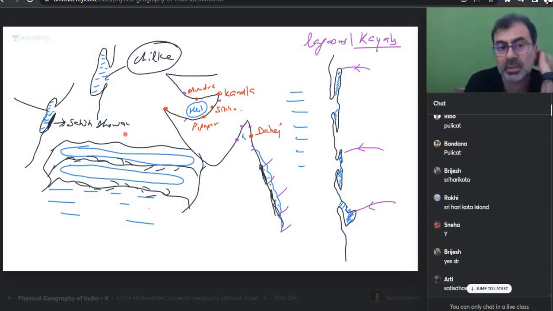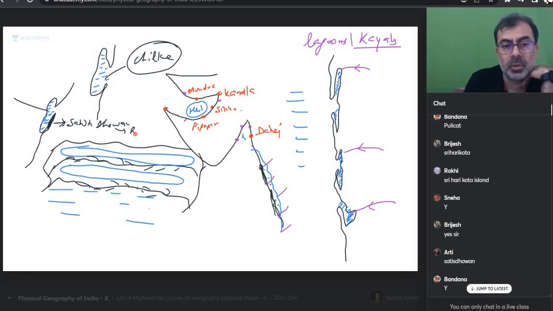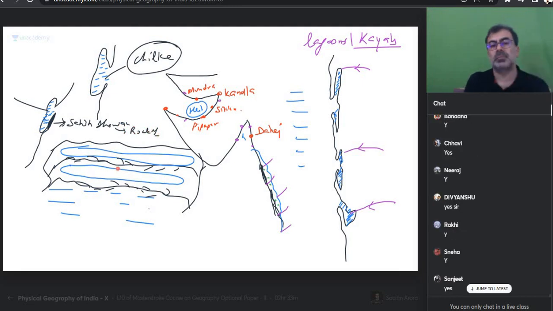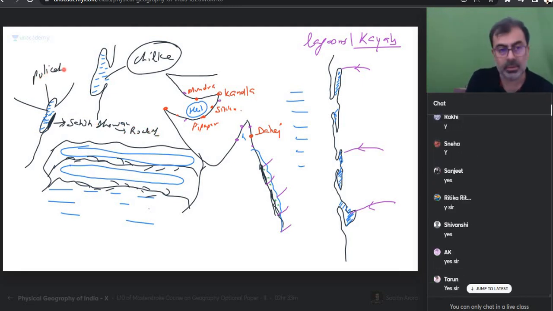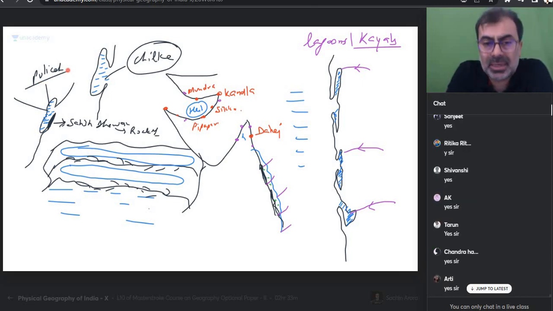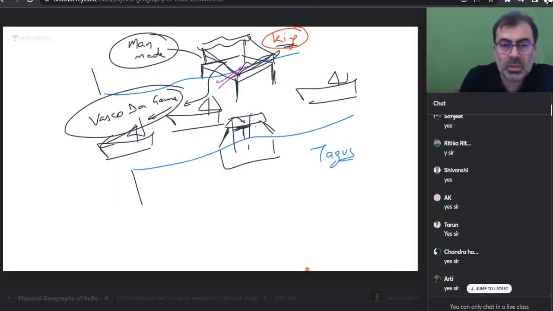यहां से हम क्या करते हैं? रॉकेट लॉन्च करते हैं. सुना आपने? रॉकेट लॉन्च सेंटर. और ये क्या है? पुलिकैट लेक. So our east coast and west coast, when we are talking about our west coast, is a submerged